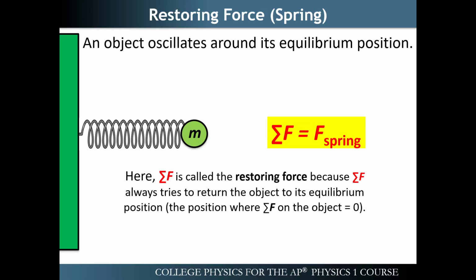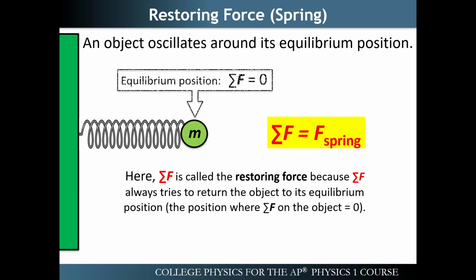So when we're thinking about this kind of a scenario, the net force is the force of the spring. And again, we call it a restorative force because the net force is always trying to pull it back to equilibrium, even in the midst of this oscillation or this vibration back and forth from one extreme to the other. The position where the object is in 0 displacement is where the net force will be 0. All right, so that equilibrium position is right there when it's not being pushed or pulled, right in the middle